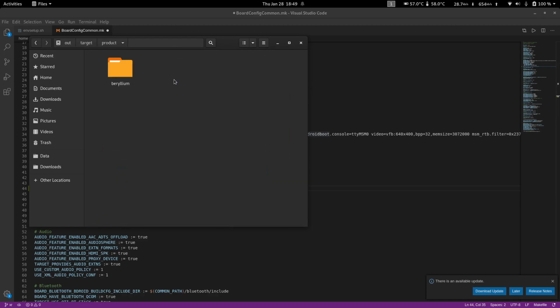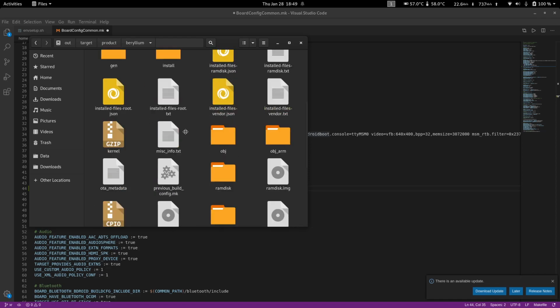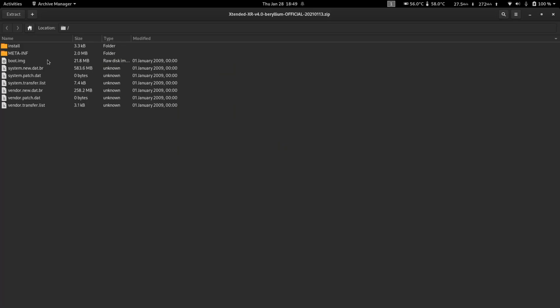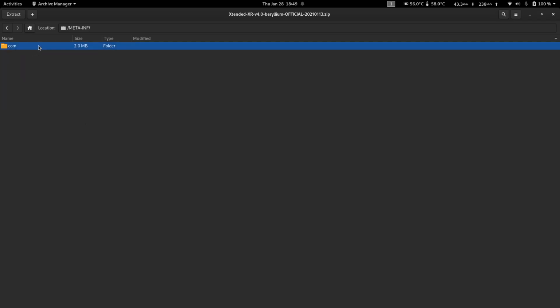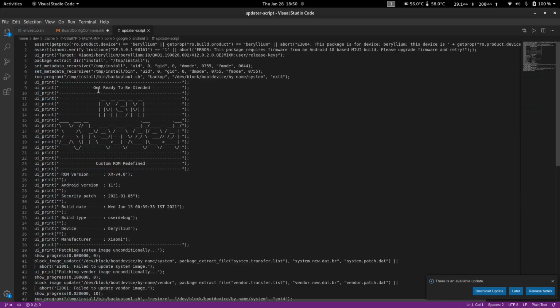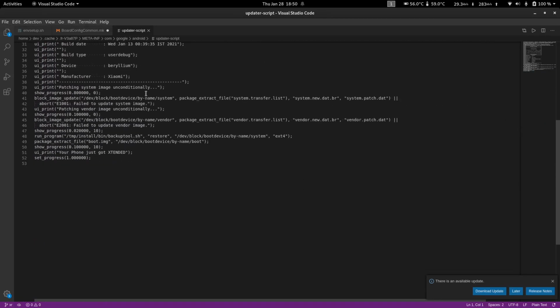Basically you have a zip file. This boot image is basically the kernel. It contains all these sorts of compressed files. It also contains a file called update-script and update-binary.